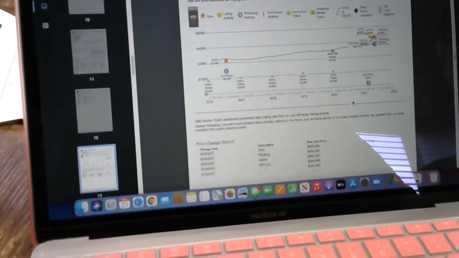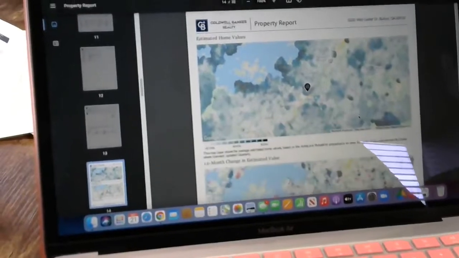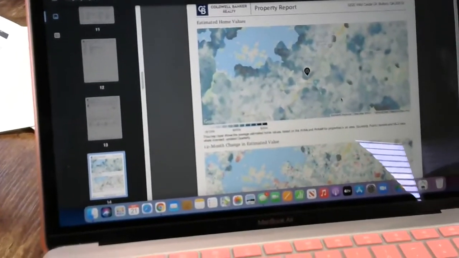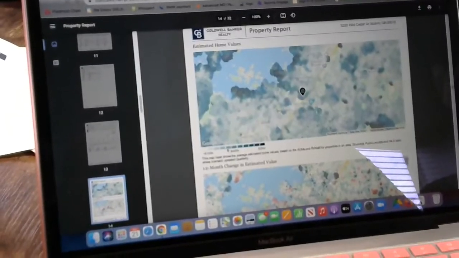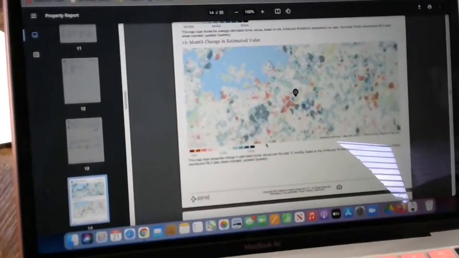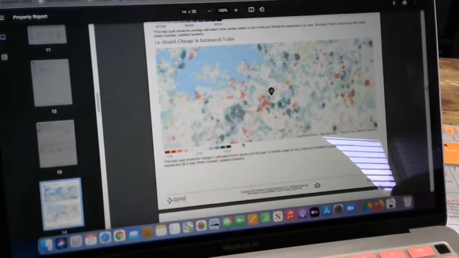Look at all that mess right there. It's crazy. Okay. Here's the property report of the house. And if you look at the grid, it tells you the 12-month change in value. Here is the 12-month change in estimated value. The estimated value in price per square foot,